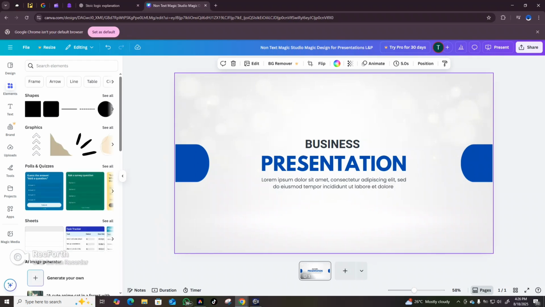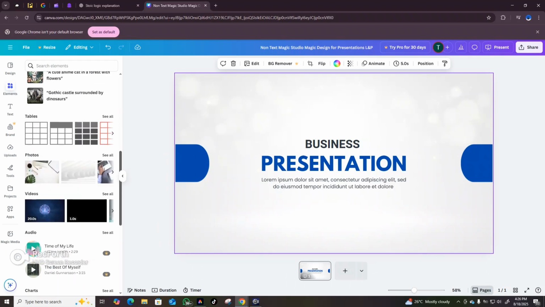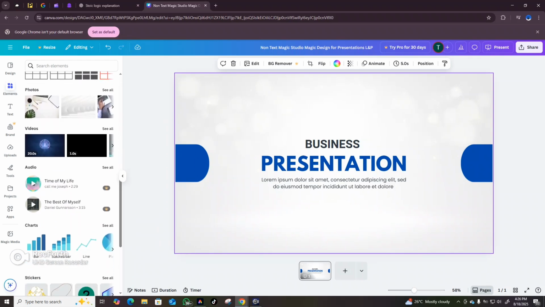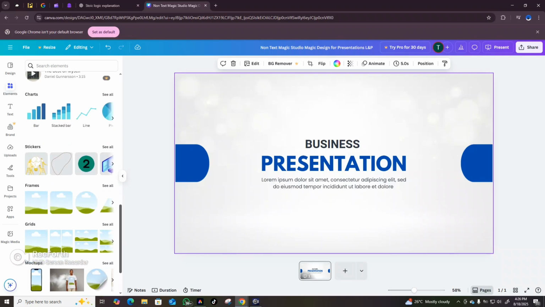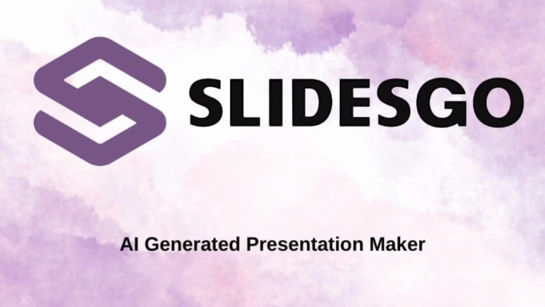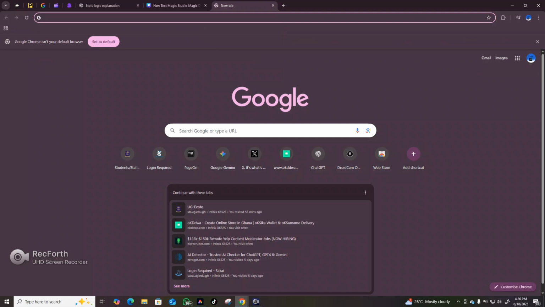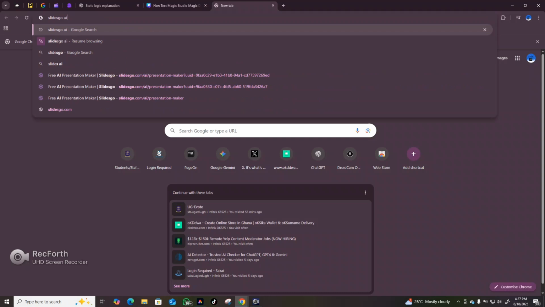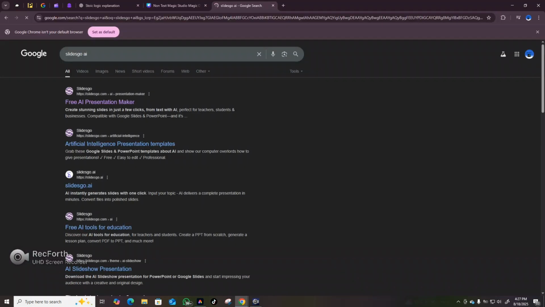There are a lot of templates you can use depending on your preference. So just play around with it and find which one suits what you want. And then last but not the least, the name of this AI tool is Slides Go AI. So let's go check it out. You can see here, you just enter and then you click on